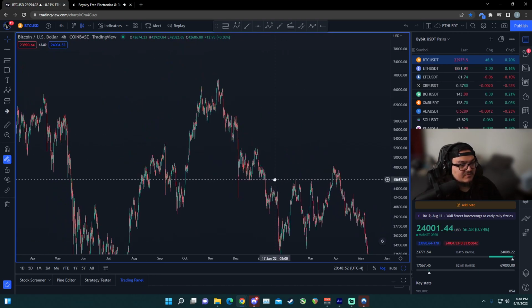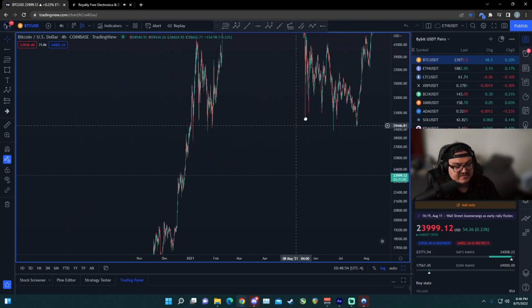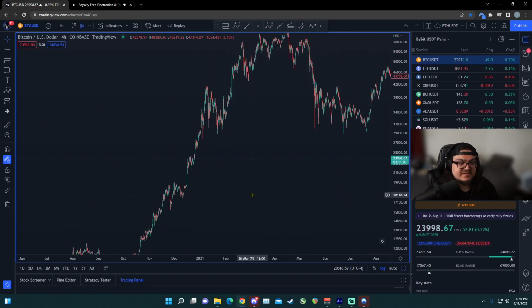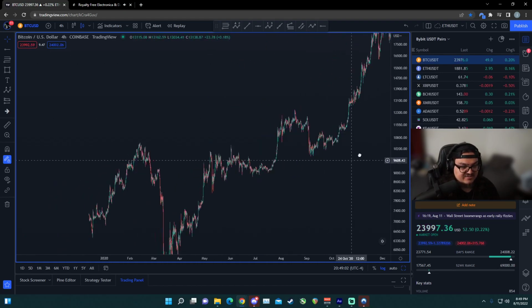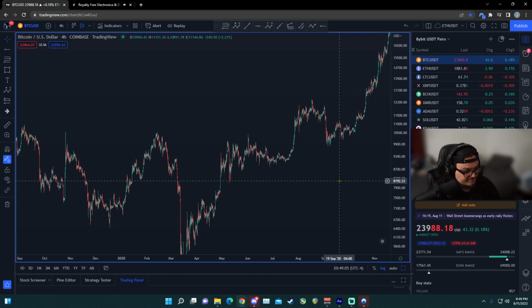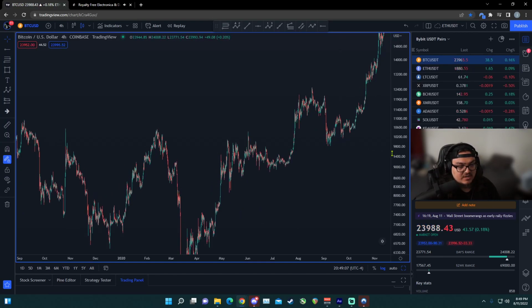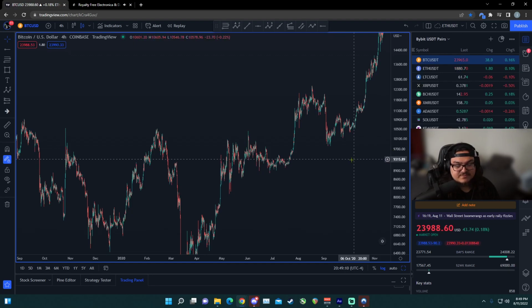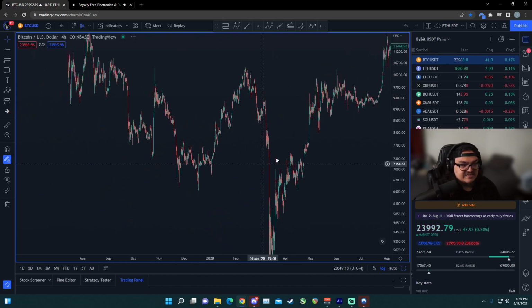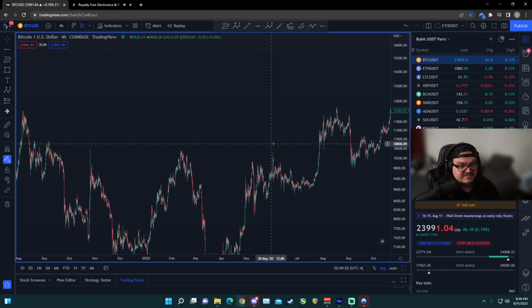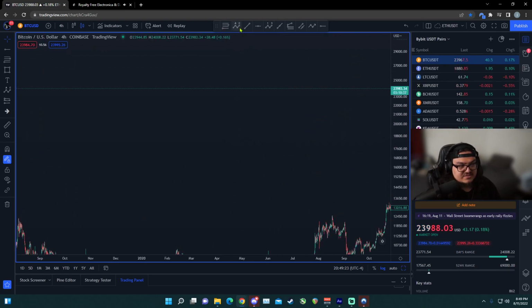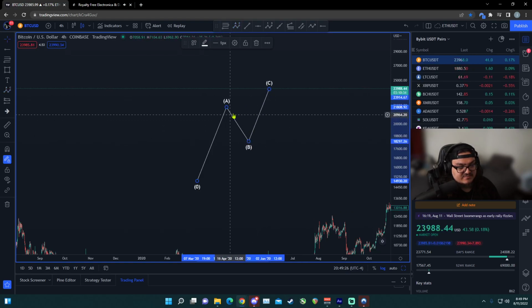So the reason why this works so well is, going back to what I said before, a style of trading that a lot of people use is breakout trades, and that's how I started. That's how a lot of people started, and that's how I made a good amount of money doing it. There's only a certain time and a certain place that you should be doing that style of trading. So the idea with breakout trading is it's almost the opposite of ABCs. So instead of ABC, where you short on the way back down,